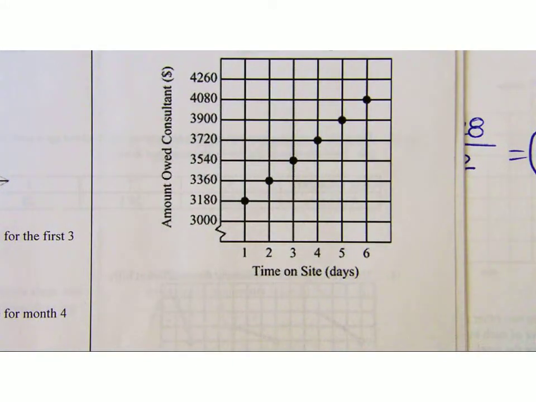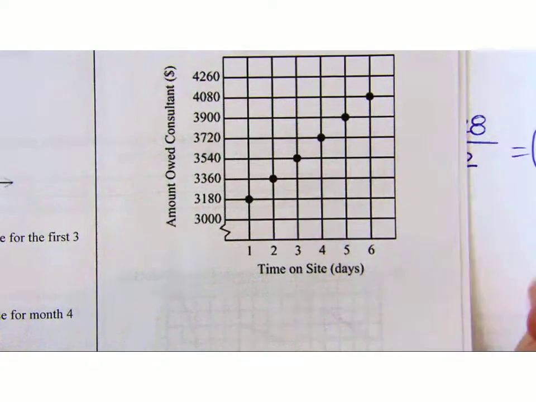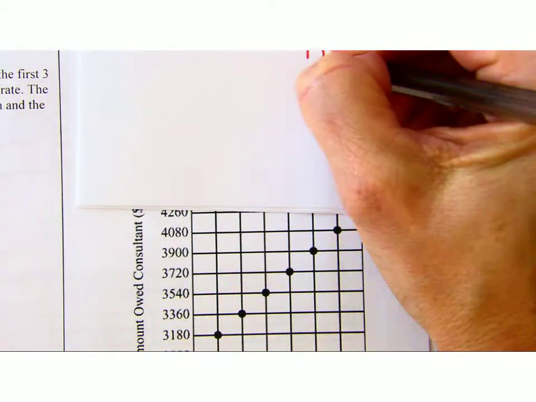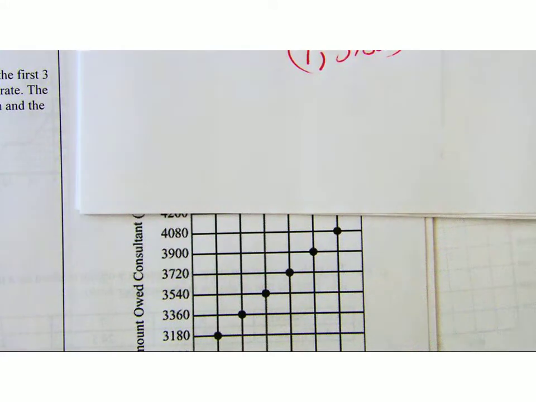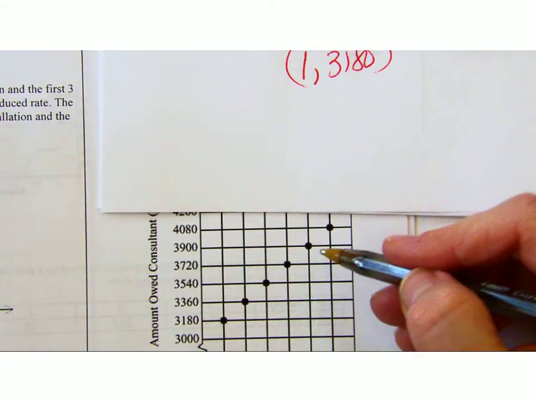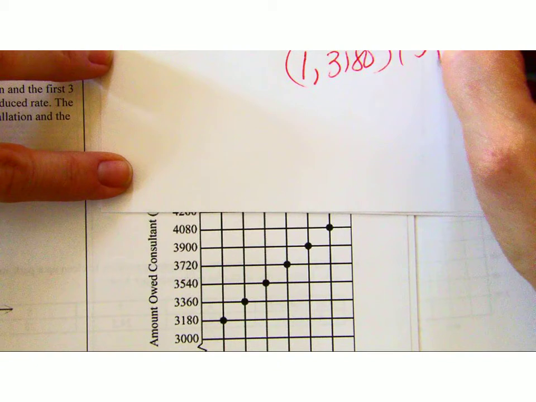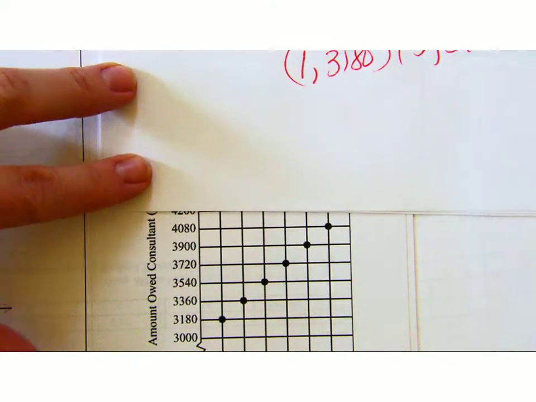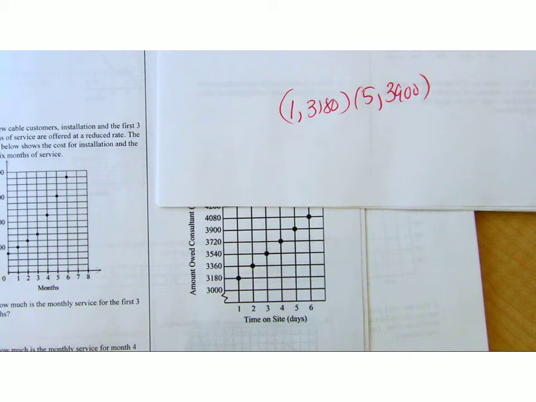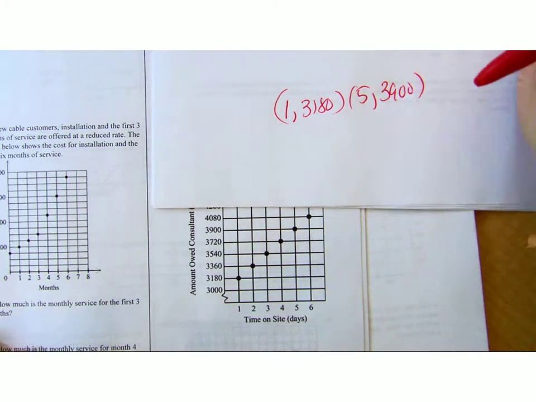So how would you find the rate of change for this? The same way you would find it for the others. You would just pick any 2 points you want. So you have to be able to look at this and say, oh, I'm going to choose point 1, comma, 3180. Then I'm going to choose, make it interesting, let's choose point 5, comma, 3900. I'm doing this to show you that it doesn't matter what 2 points you choose. Any 2 will do it. And then if you want to put it into a table, do it from there. Got it?